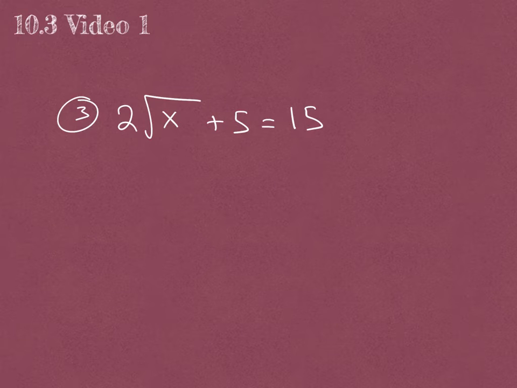In a problem like 3, we have 2 times the square root of x plus 5 equals 15. So what you've got to take notice of is that the 2 and the plus 5 are outside the square root. Maybe another way I can show this is by highlighting. Here's the square root. I need to get that alone before I can square both sides. So just like the pattern we've gotten used to, we've got to get rid of addition or subtraction first. So I'm going to subtract 5 from both sides, and I get 2 root x